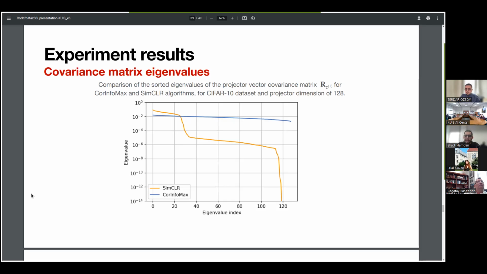So in this case, we are not using certain eigenvalues. We are just getting the projector outputs, and we are using them for a linear classifier. We don't do any sort of dimensionality reduction. We just basically want to see whether the outputs of the projector have some dimensional collapse problem, where they are not utilizing the full output space. But we have not tried an experiment on dimensionality reduction of the output space. That would be an interesting experiment to test.